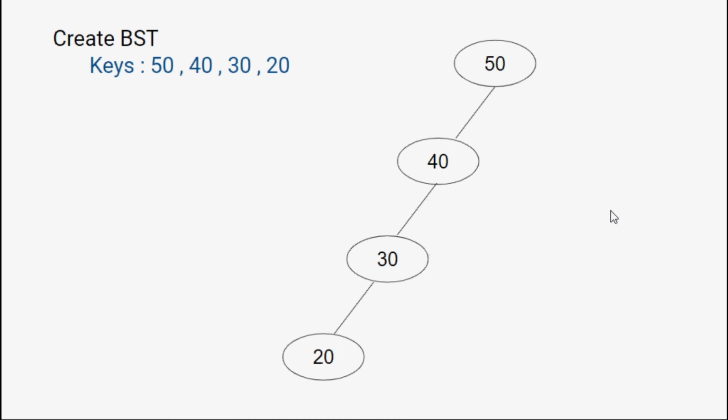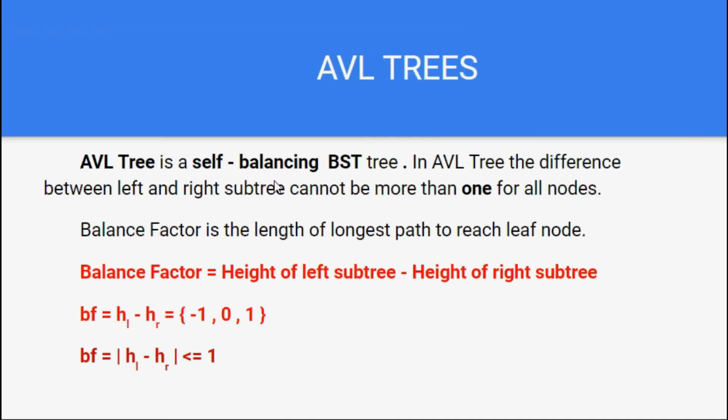Now, before moving on to the AVL tree example, I would like to show the definition again. It should be a binary search tree that we have already discussed. In the definition we have written that it is self-balancing. Now, how are we going to say it's a balanced tree? That is with the help of this balance factor.